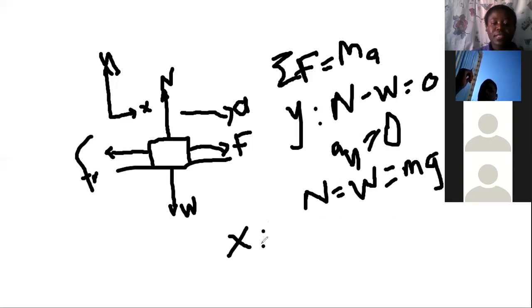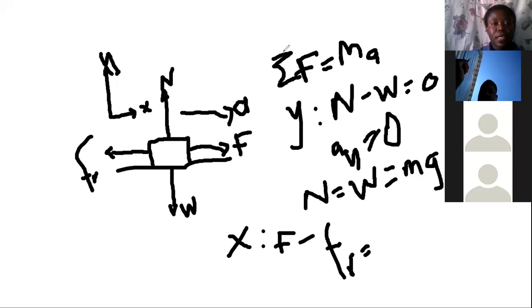In the x direction, this direction is our positive. Then we have the applied force minus the friction force equals